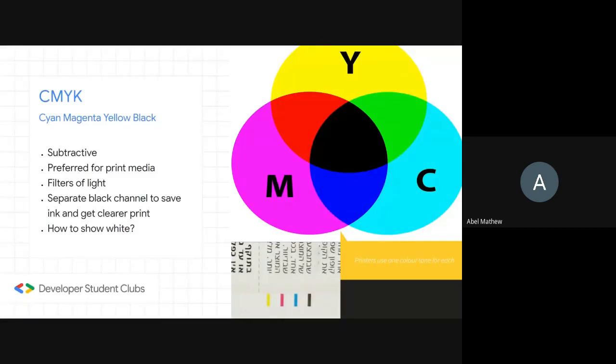We don't have white here. So the way white is done is you don't print any color. This is obvious when you're using white paper, but using print media, suppose the paper is yellow or pink or something, it's almost impossible to print white. To print white on a non-white paper is very difficult unless you have a separate white ink. And coming to the subtractive point, so how